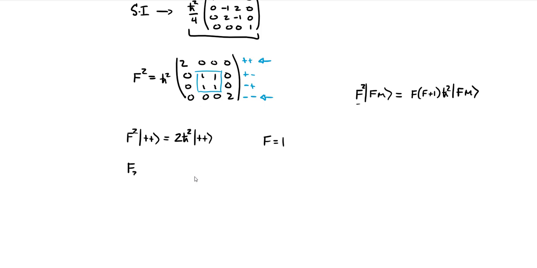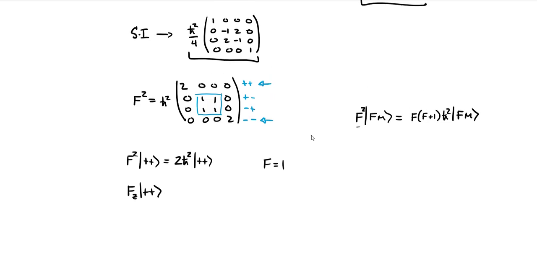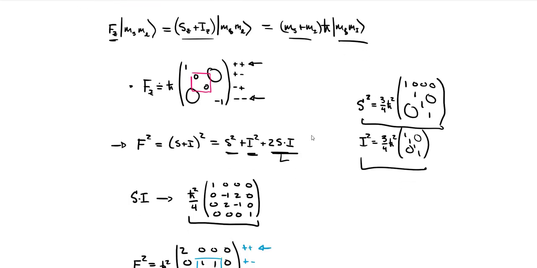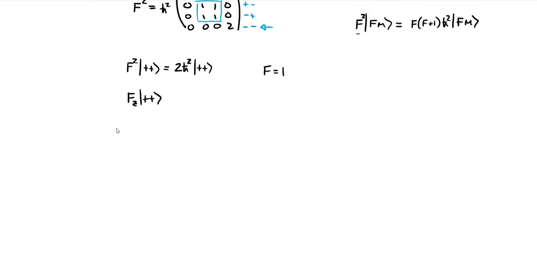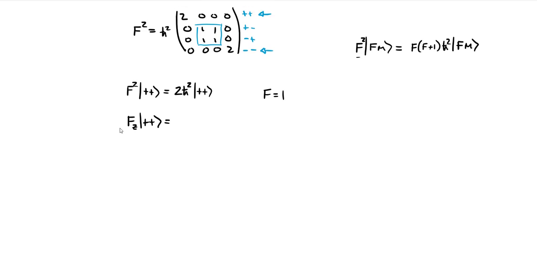And if we look at the Fz operator operating on this plus plus state, we can go way back up here to when we looked at that Fz operator. It was just equal to the eigenvalue h bar times plus plus. Again, for the Fz operator acting on Fm, as a generalized momentum operator, we get the m value times h bar times Fm in its eigenvalue equation. So in this case, that's telling us that m is equal to 1.